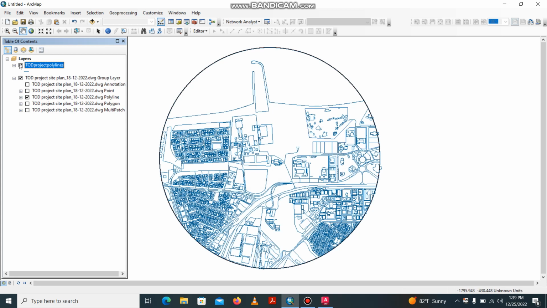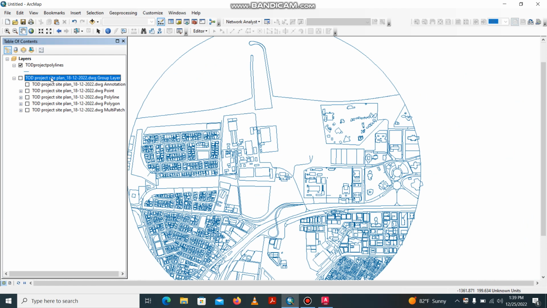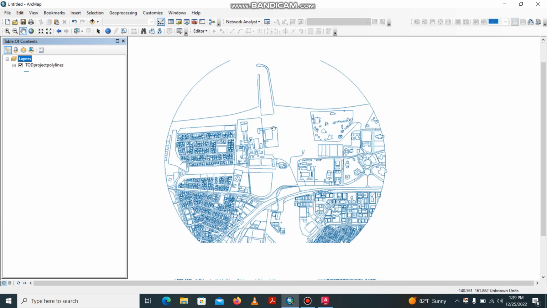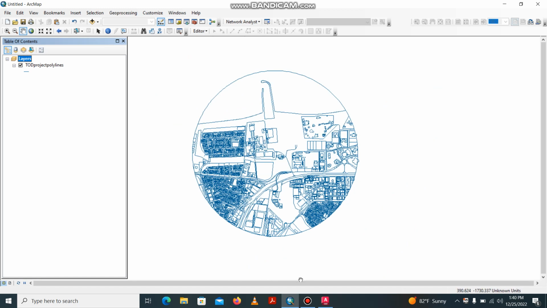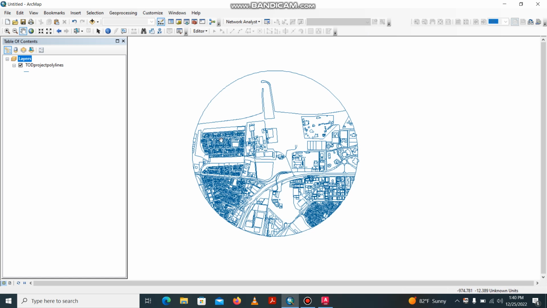Now I can see that this shapefile is added here, the line shapefile. So I will switch this one off, switch this one off. So this is the separate shapefile that is there in the software now. So I will even remove the CAD drawing. Now I have a shapefile here. Now I am interested in area calculations for my plots and for my buildings. So what I can do is that